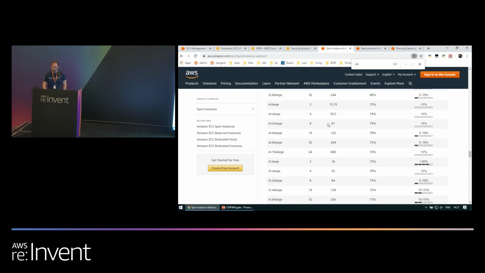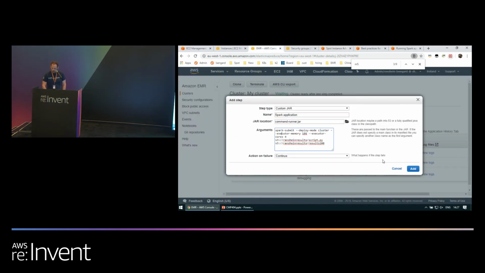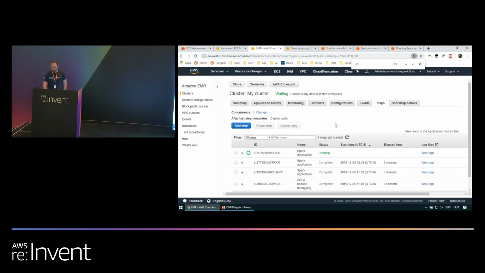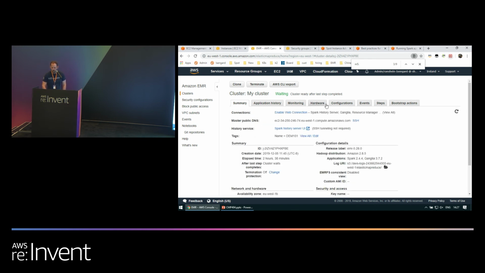So if I stick with my cluster to XL, I might not be seeing any interruptions at all, right? Which is great because I have consistency in my job runtime, and it's just going to be a great instance type to work with. So now I have a few minutes, and after I submit this job to the cluster that I ran previously, I want to